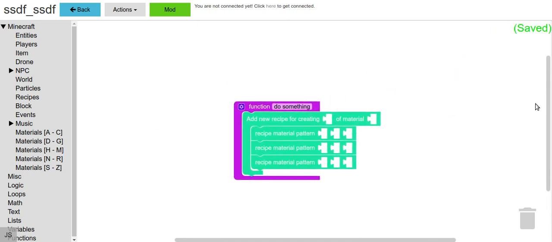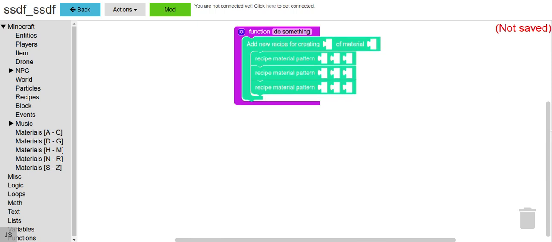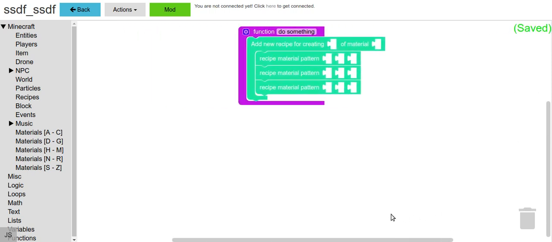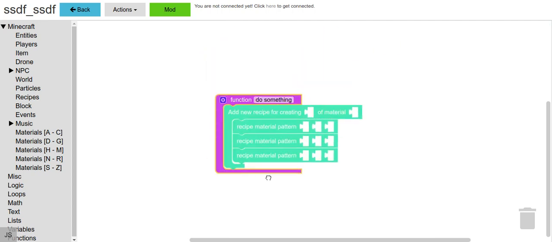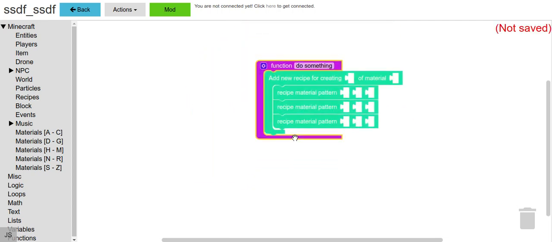Once you're done, it's grabbing your 3x3 recipe pattern. It should look something like this, but now you can see that you actually scroll up and down and move side to side. Okay? You can actually see that works now. So this is where the items A through C, D through G, these materials and items, these right here, come into play. When you have math, you're going to want to take out a number block. Place it right there. And then you're going to type in a number, let's say 4 or 3. And then you're going to run through here and grab